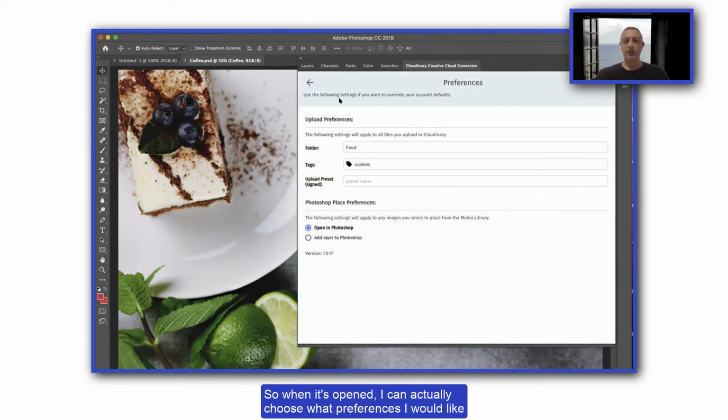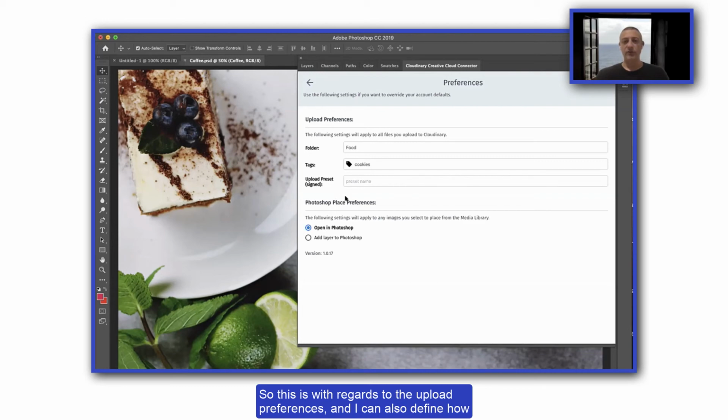So when it's opened, I can actually choose what preferences I would like to include as a part of the upload process itself, like to what folder to upload this asset, whether I want to have a special tag, or if I want to use any kind of an upload preset that Cloudinary allows me to define. So this is with regards to the upload preferences.